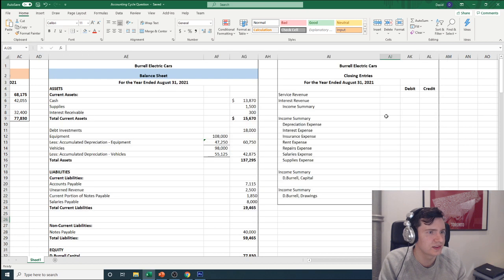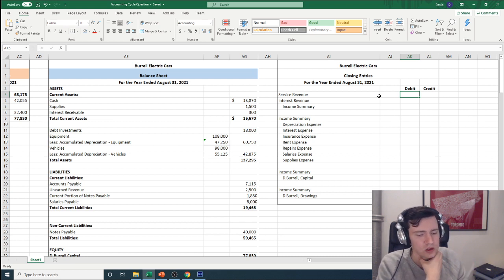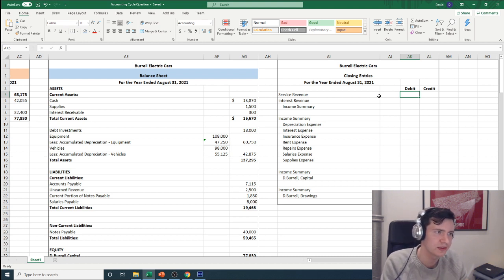So, actually, no, I'm just going to continue with this one. I think that makes more sense. So what we're going to do is we're going to close the accounts, and by closing the accounts, we need to adjust them by whatever the opposite to their normal balance is. So for instance, the revenue account has a normal balance of a credit, therefore we need to debit all of the revenue accounts to decrease all of their balances.